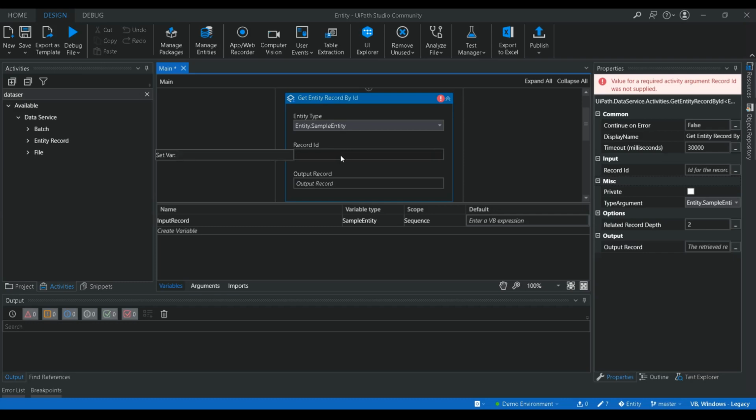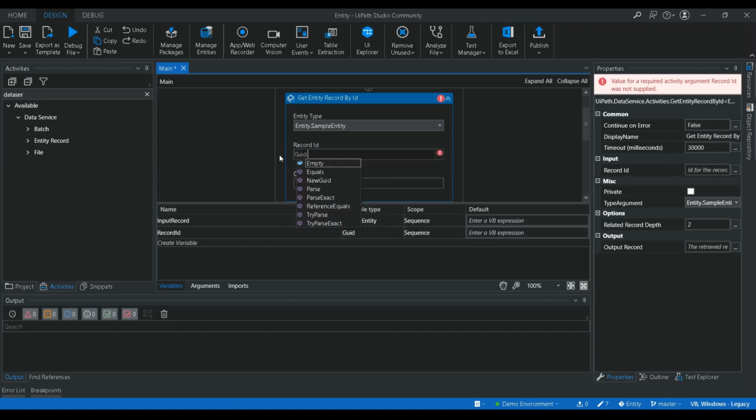I'm going to create a new variable, record ID. So record ID is of type GUID, right? So last time what we have done, we need to pass the value to this particular thing, right?